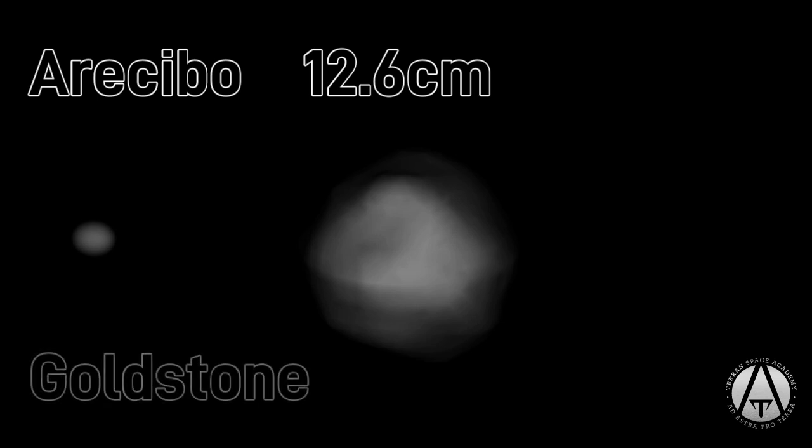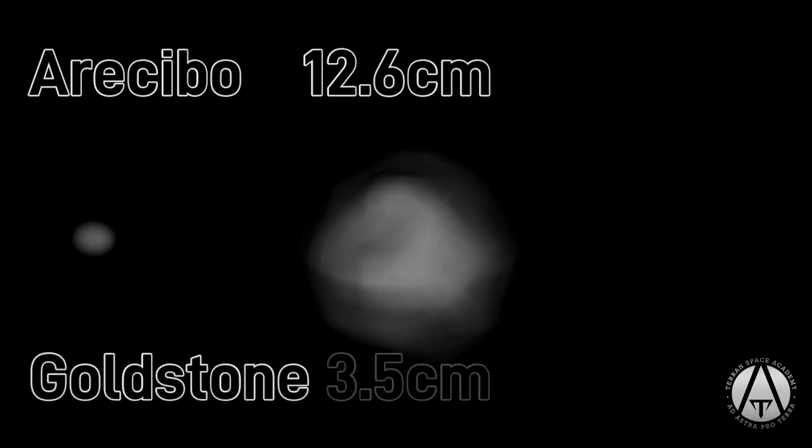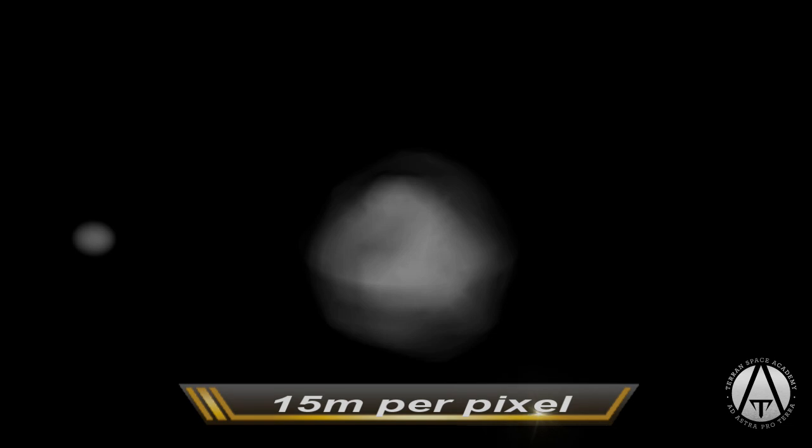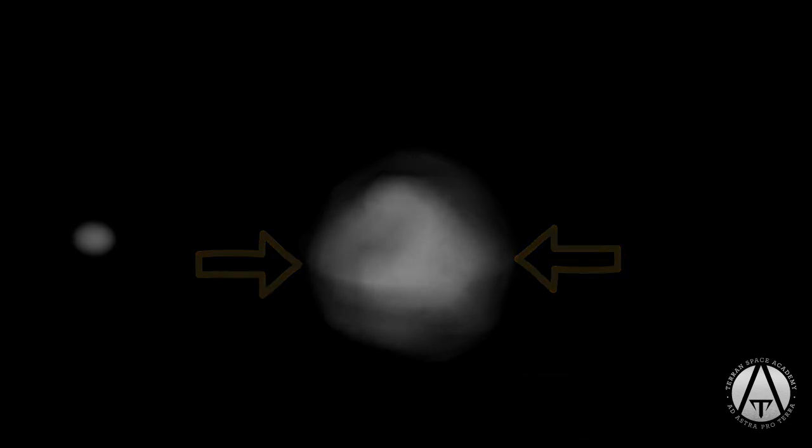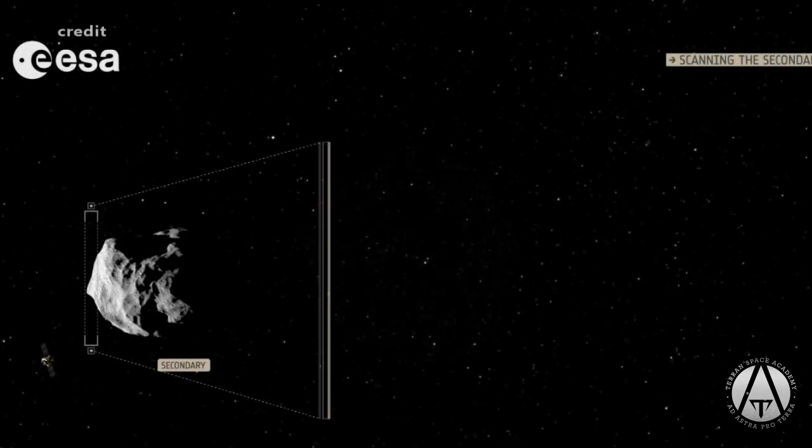These asteroids have been visualized with radar from Arecibo, with a wavelength of 12.6 centimeters, and confirmed by the Goldstone Radio Observatory at 3.5 centimeters. This is an actual image, with each pixel being 15 meters across. Here you can see an equatorial bulge. It is not uncommon for these to develop when an asteroid is composed of smaller pieces that can shift when